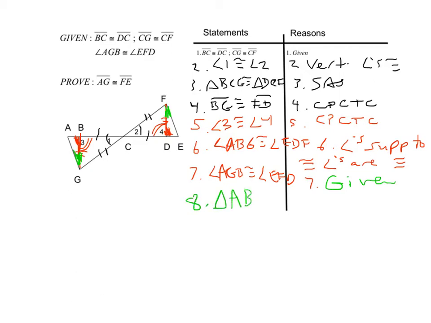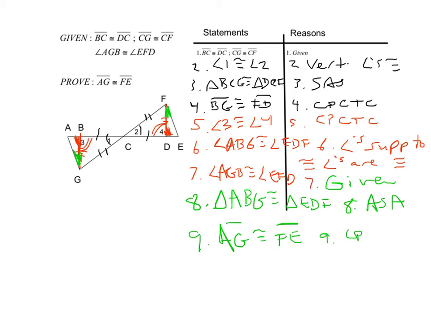Triangle ABG is congruent to triangle EDF, and that reason would be angle side angle. And now we can show that AG is congruent to FE line segments by CPCTC. And actually there's another way we could have proven this, and that other way actually involves steps 1 through